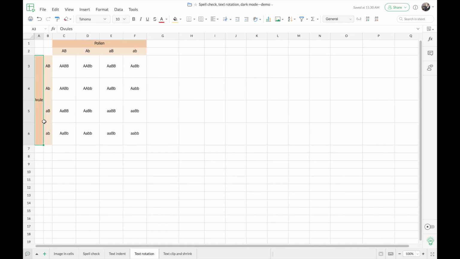So now I'll just select this particular cell range, and here from the toolbar you can find the text rotation option. So the text rotation is set to none by default, but you can choose the desired option from the other options that are being displayed here. So for this particular use case, I'll be using the rotate up option. So from the icon that is shown alongside the option, you can know what kind of rotation is going to happen. So I'll choose rotate up now, and there we go. So now you can read the term easily, and now we'll see how the other options in text rotation work.